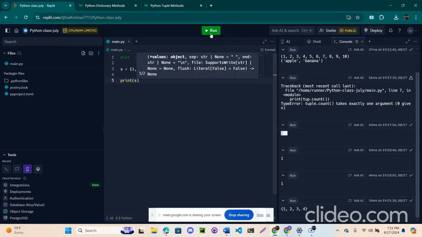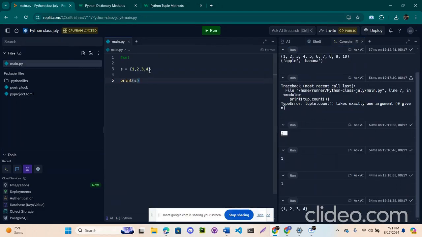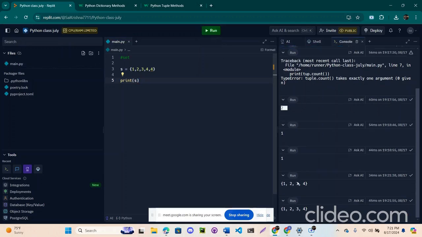See, you got this. As I told you, it should not allow any duplicates, and it is not allowing any duplicates.